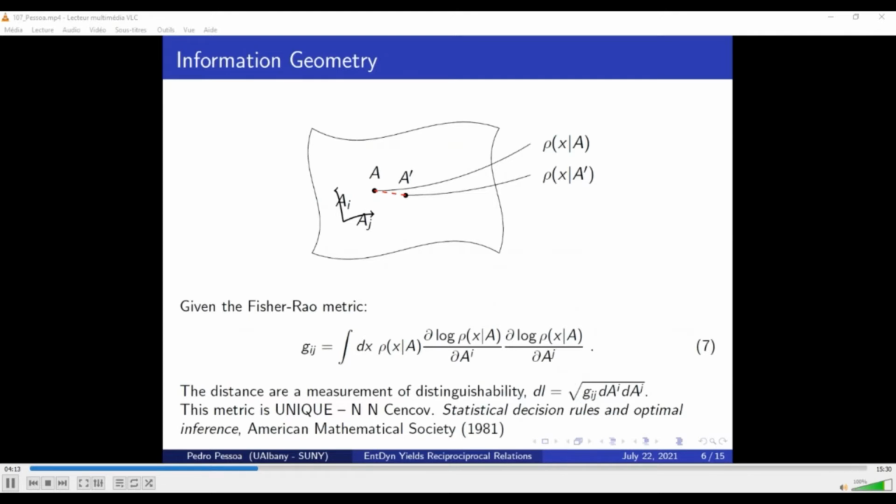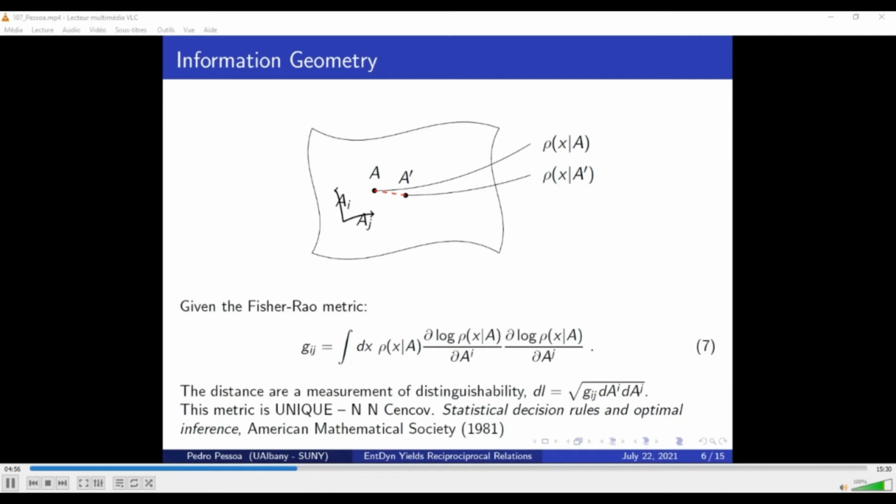In order to talk about the dynamics of probability distribution, it's important to talk about information geometry. Mainly, there is a differential geometry structure to probabilities. We map a family of probability distribution with a finite set of parameters. In this case, we use the capital A, which are the expected values from MaxEnt, as our parameters. This way we can describe the manifold of all probability distributions in terms of A. The metric tensor of this manifold is the Fisher-Rao information metric, here in equation number 7. And the distances found from this